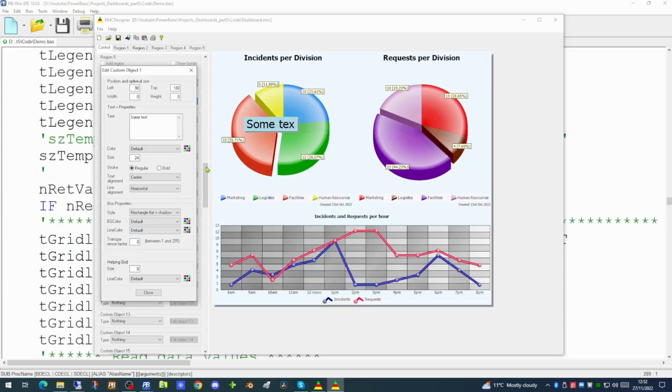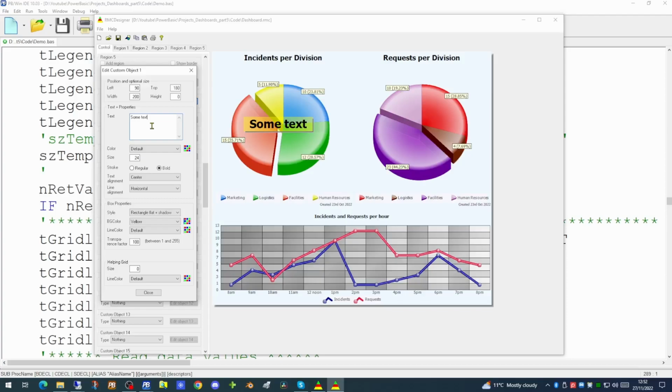and we can change the colour of that background. The box isn't quite big enough for a text, so we'll set it slightly larger. And we can make our text bold to make it stand out. Now that we have the text on the screen, we can do further changes to it. We can make it semi-transparent, using a transparency factor. And there we have some custom text sitting on our first chart.